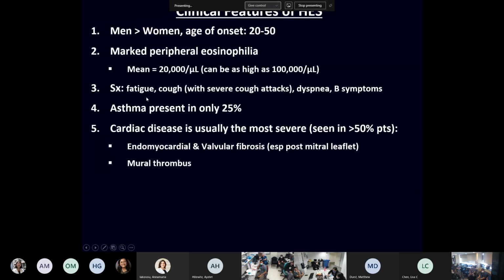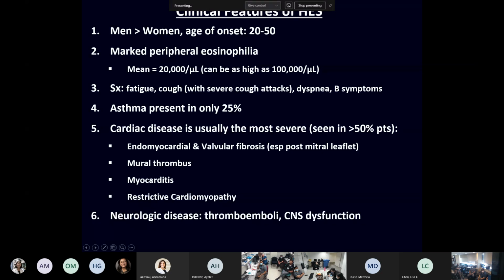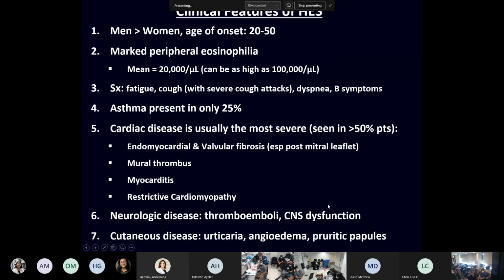Just want to go quickly here. They can have B symptoms, cough, rarely asthma is present, cardiac disease. This is tested on the ultrasound boards, but I don't think it's on the pulmonary boards. But you can develop a mural thrombus despite having normal LV function, myocarditis, restrictive cardiomyopathy, and you can develop CNS disease, so thromboembolic CNS dysfunction, and cutaneous disease as well. Actually, the cutaneous disease is one of the most debilitating because these patients can have chronic urticaria, angioedema, pruritic papules,